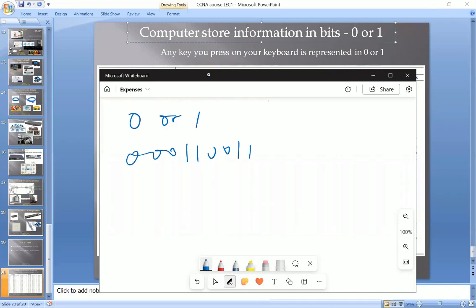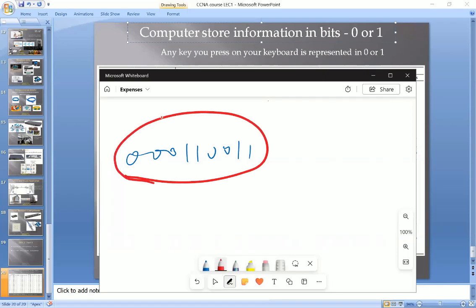It might not be easy for us humans to represent and interpret. So now, instead of having a very long list of 0s and 1s, a very long list of bits,